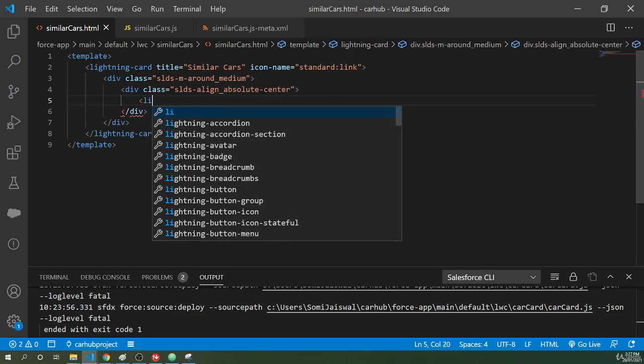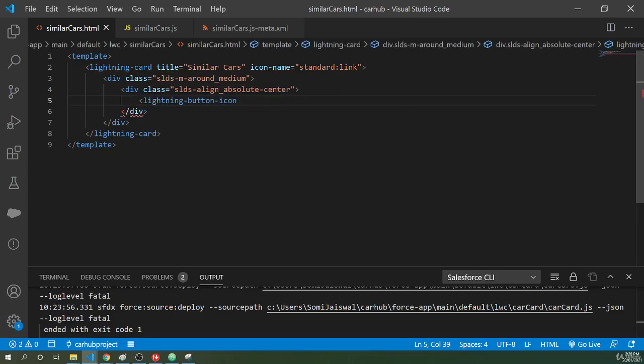And let's create the button now, lightning button. Then we'll say variant, and we want it to be of red color, and for red we can give the variant destructive. Then we can say label, and the label will say fetch similar cars,